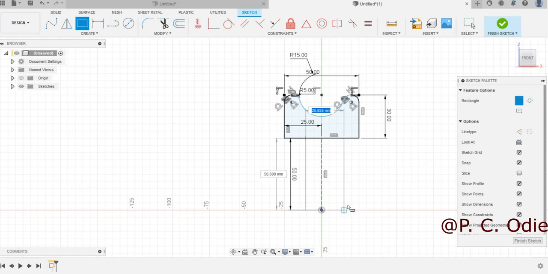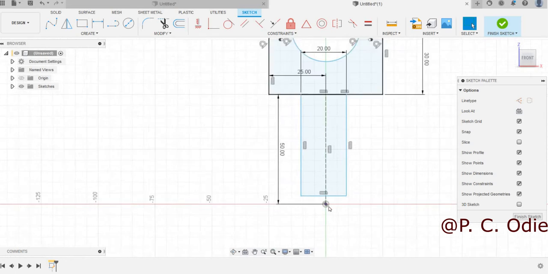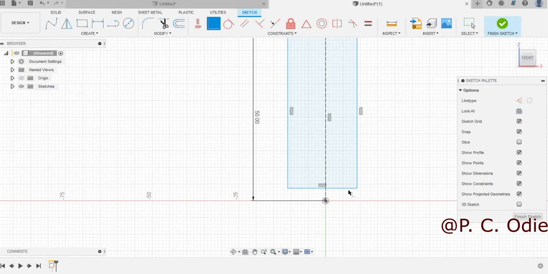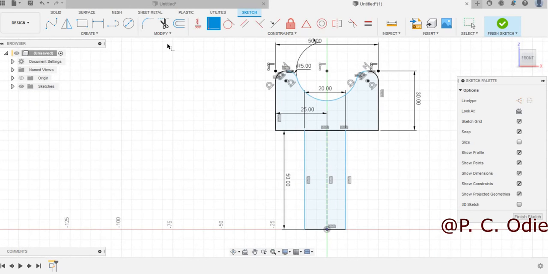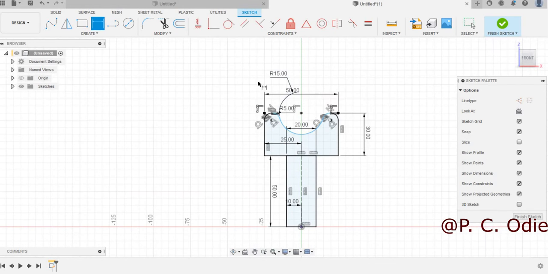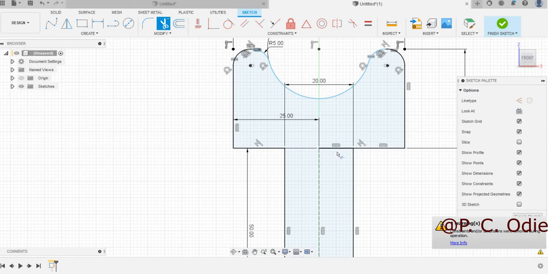the section. Can make it 20. 20 is okay. Then you can use the constraint part. Constrain this one, okay. Then we can dimension this part, 10 is okay. So at the center, then can also use trim. Can trim this part and trim there,